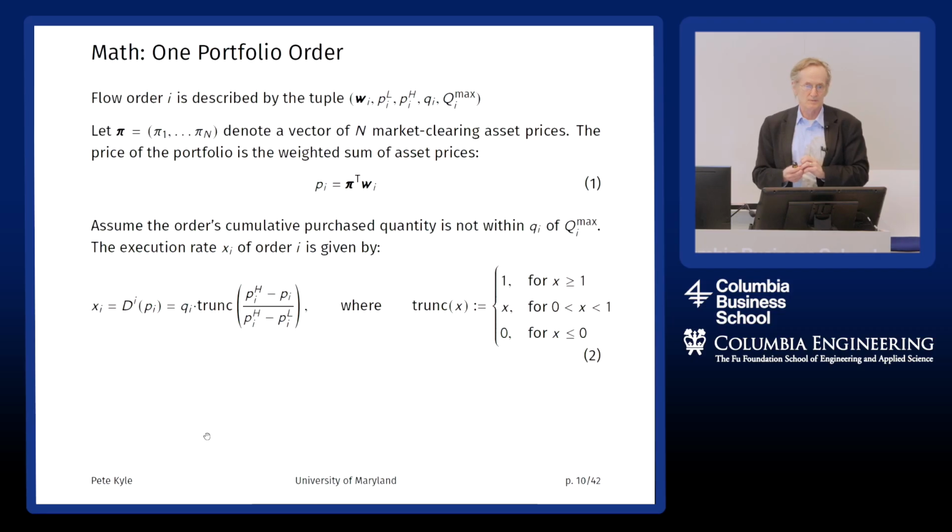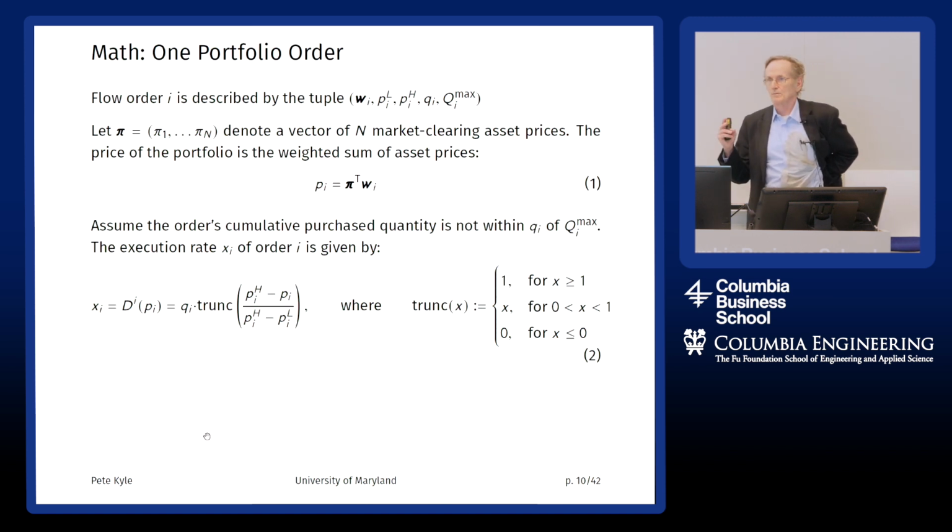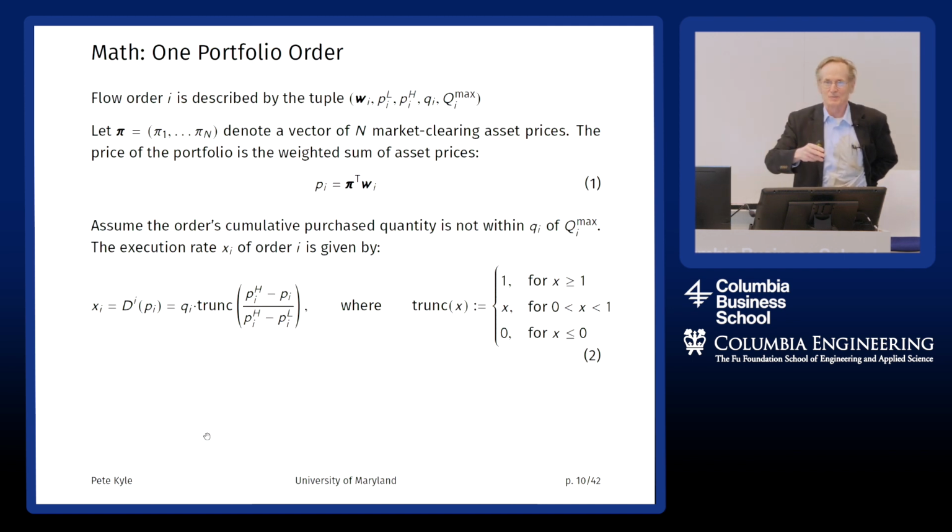So we can write all this mathematically. So I'm going to do a little math now, but I can flip through the slides because I think the intuition for the math is pretty obvious. The way to understand the math is to keep two things in mind. We've got prices for assets and prices for portfolios. The demand schedules for the portfolios are functions of the prices of the portfolios. But we want to clear the market for assets, not the market for portfolios per se.